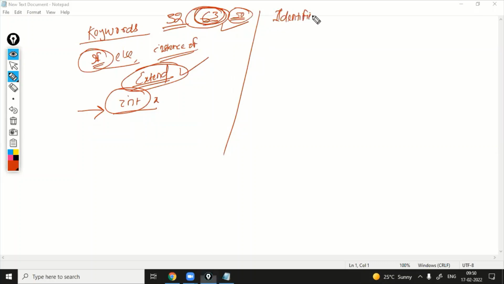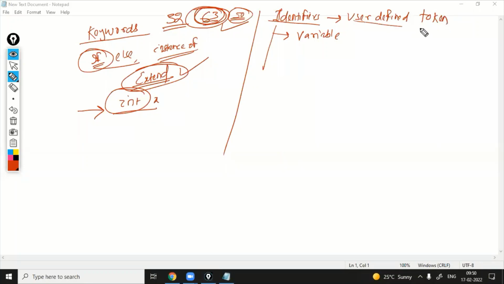Actually, I can divide identifiers into many categories. With identifiers you can create variables. This is a user-defined token, which means the programmer defines it.